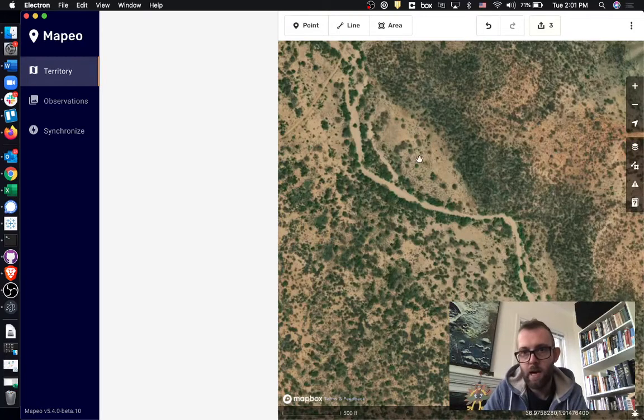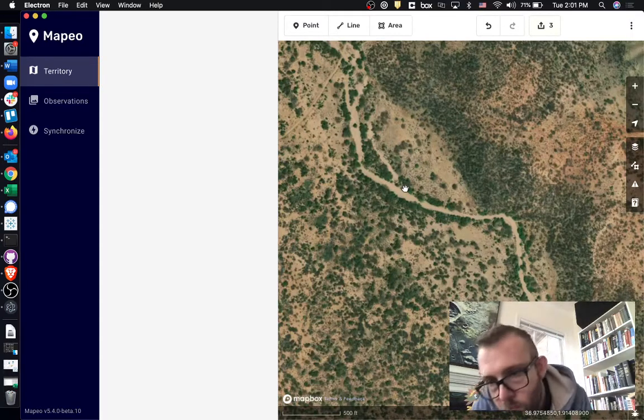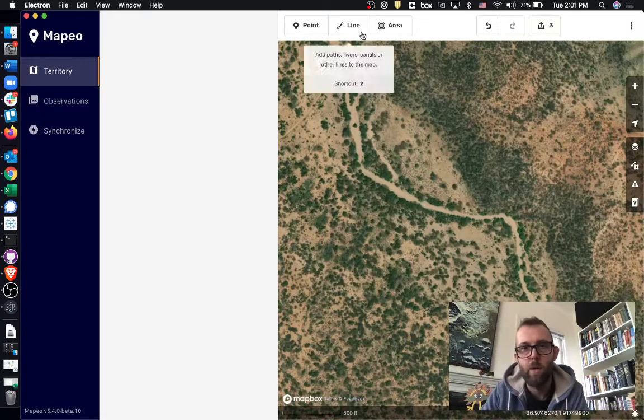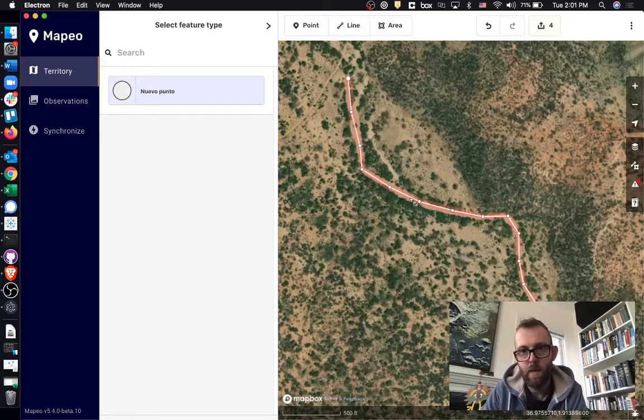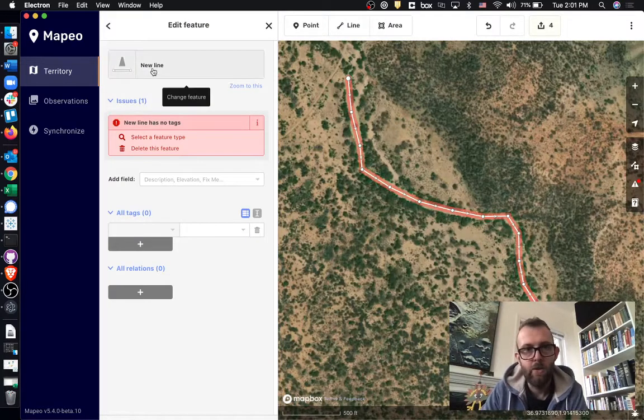And you can see that I am in Kenya right now, and I'm looking at what appears to be a river or some sort of stream or body of water. So I'm going to click on the line, and as you can with many mapping tools, just tracing this thing by making a series of points on the map. So once I finish, and let's just say that's done, I can select the line, and you can see that